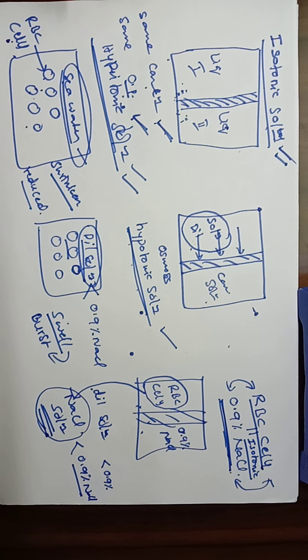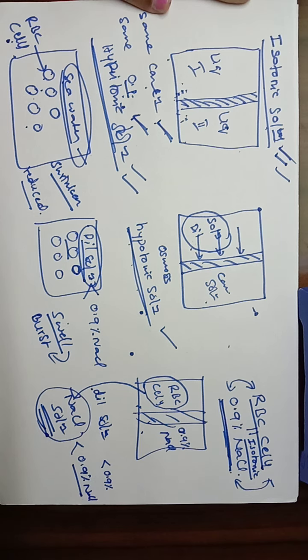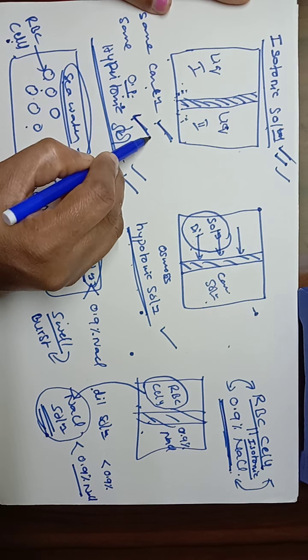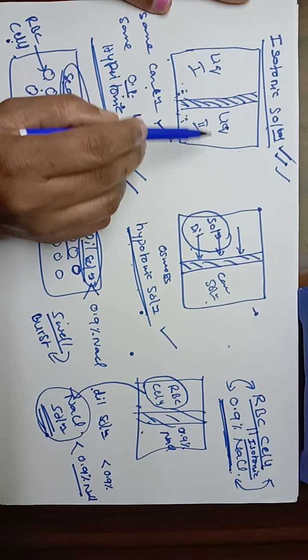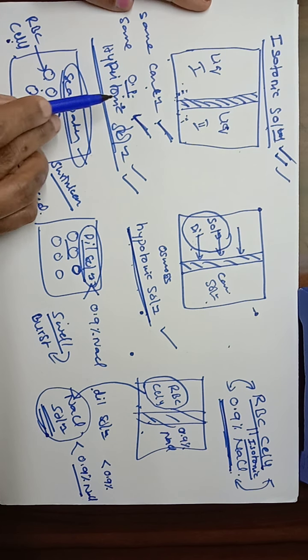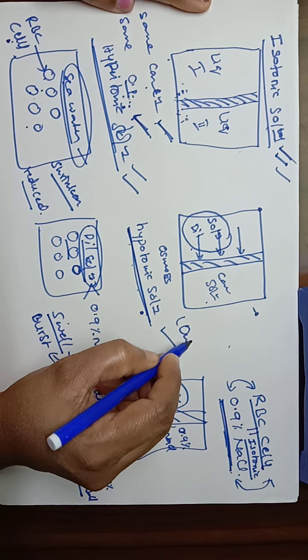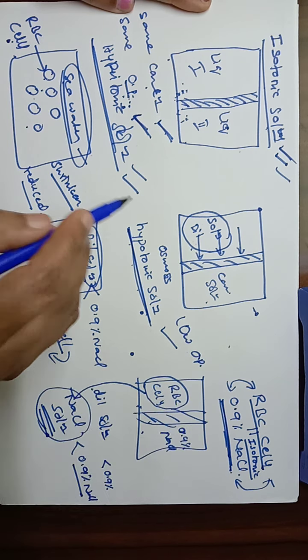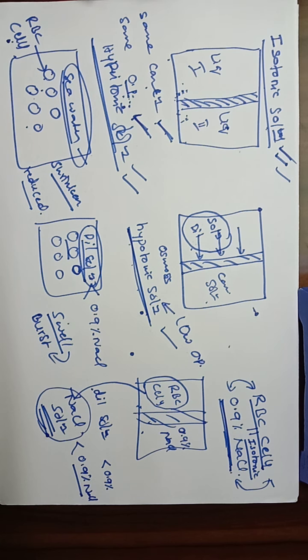In this case we have learned the definitions of isotonic solutions, hypotonic solutions, and also hypertonic solutions. What are isotonic solutions? A set of two liquids which have the same osmotic pressure can be taken as isotonic solutions. Between those two liquids no osmosis takes place. What is a hypotonic solution? A solution which has a lower osmotic pressure than the other solution can be taken as a hypotonic solution.